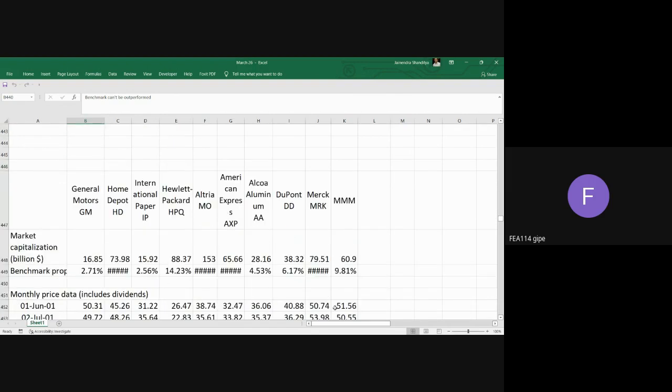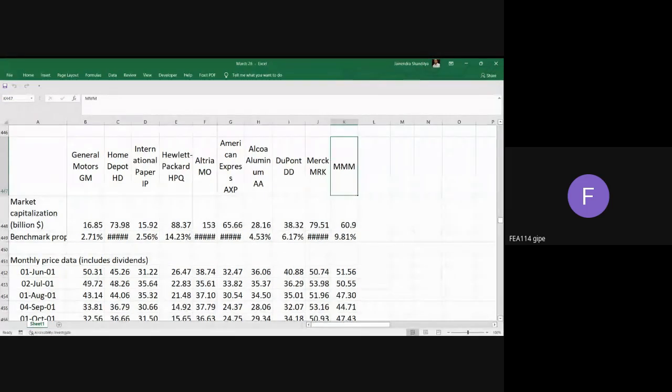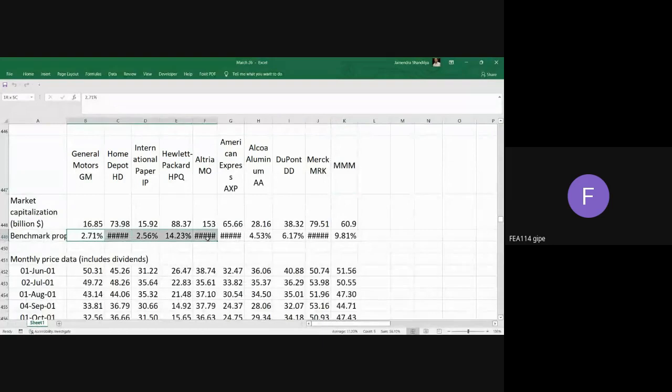So what we are going to do here is this: we have these 10 companies, General Motors, Home Depot, International Paper, Hewlett Packard, Altria, American Express, Alcoa, DuPont, Merck, and 3M. These are the 10 stocks that we have, and we are going to use the Black-Litterman approach to portfolio